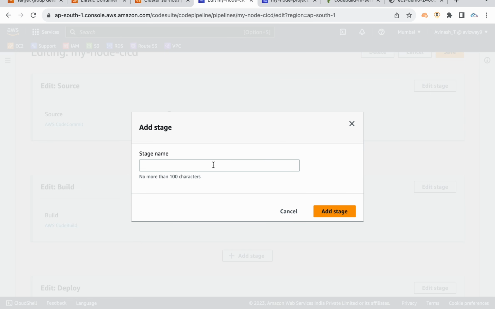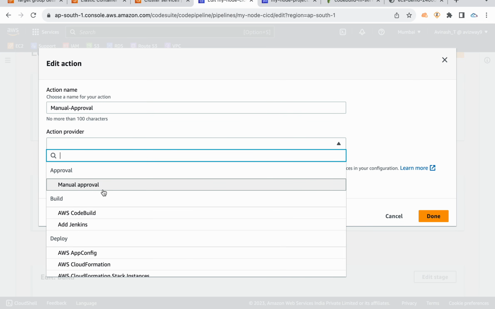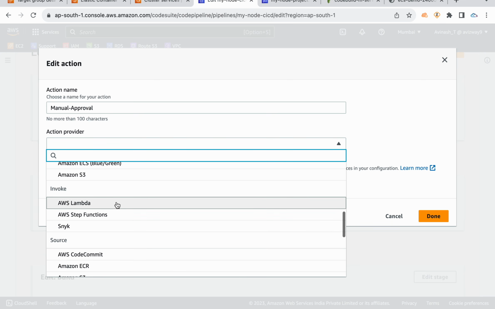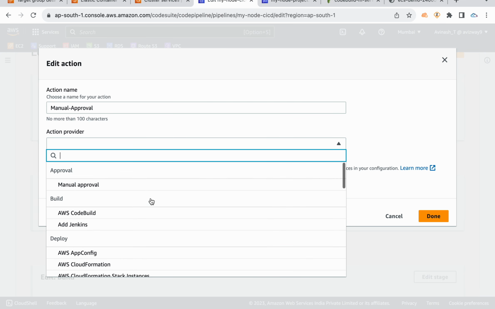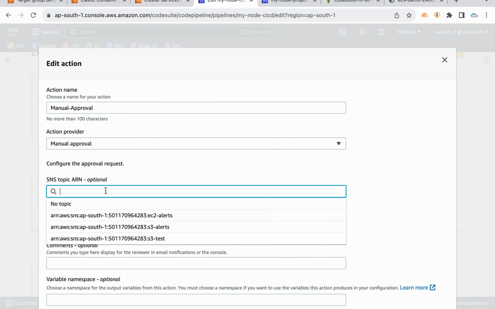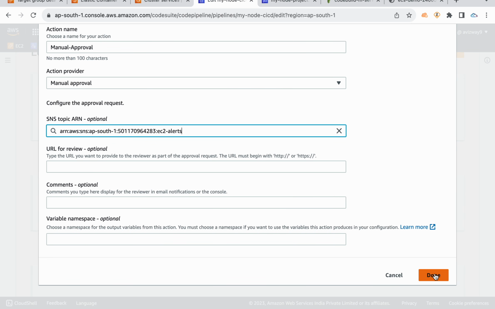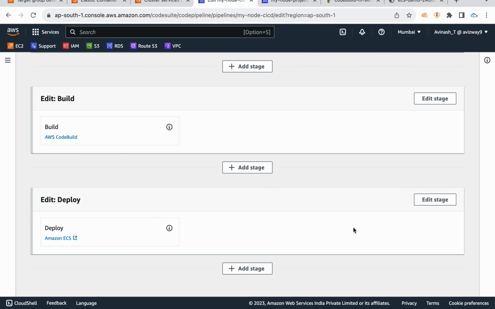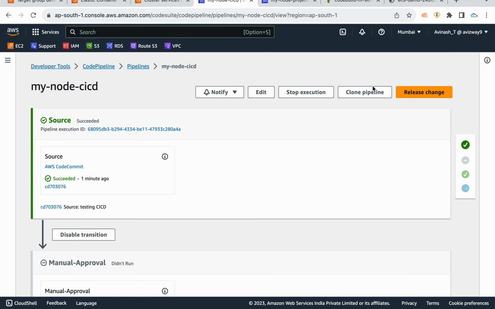So click on add stage for that. I'm calling it manual approval. Add stage, add action group, action name, again manual approval, action provider, I'm going to select manual approval. If you want to add any other, like invoking some resources or performing any testing, you can add that here. Manual approval: what is the SNS topic you want to use? I already have one, I'm going to use that. Then click on done. Now scroll down and save. Okay, so now we have added